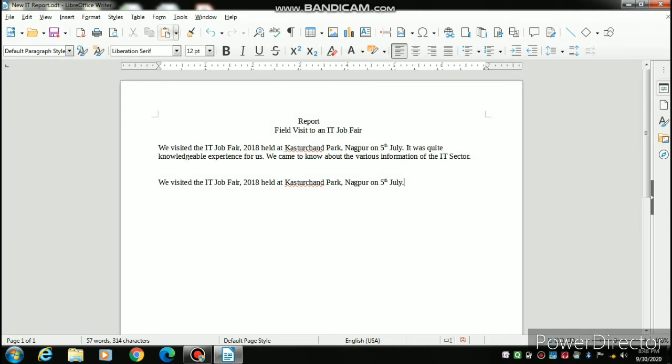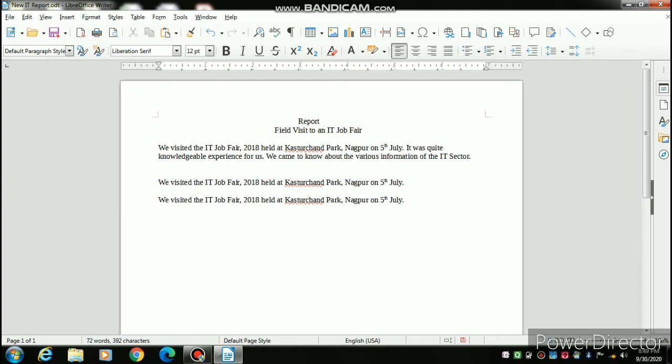Either you can use the standard toolbar, otherwise you can use the shortcut key. I will tell you. Now I have selected the text. Just click Ctrl C. When you click Ctrl C, come to the next line, the new location where you want to copy the same text, and then just press Ctrl V. You can see the same text came over here. So you can use the shortcut key or the standard toolbar. All the icons are there.